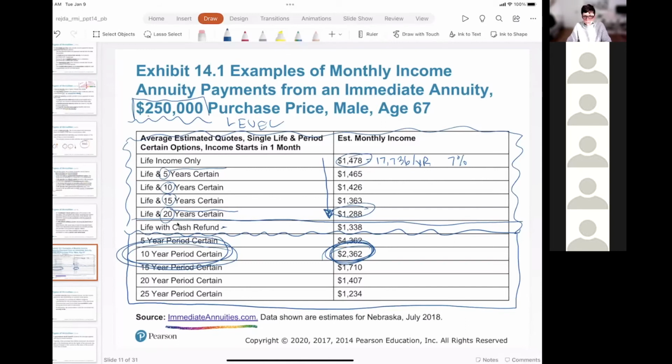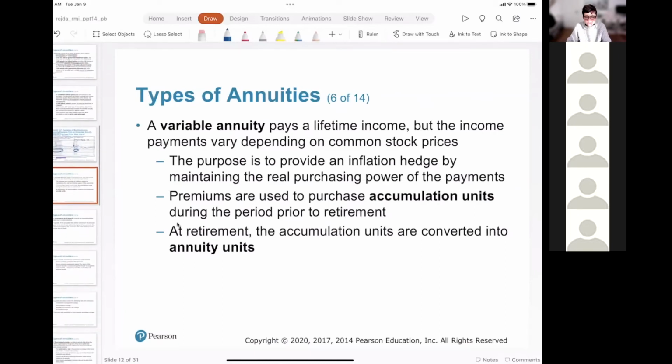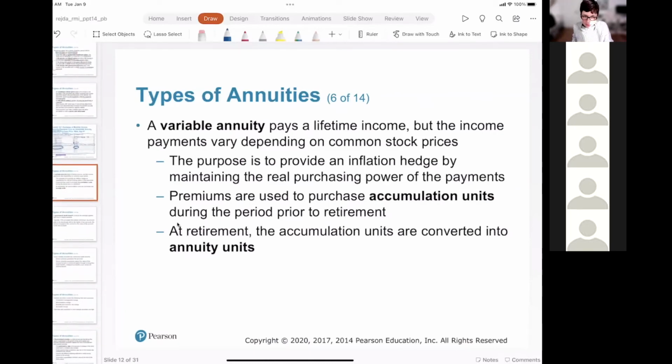All right. So the rest of these slides are all about the other types of annuities, many of which I don't love, but we're going to talk about them. So variable annuities are filled with opportunities to make more than the low rate of interest that you get on the guaranteed annuity side. When I have a client walk in the door with a variable annuity, I groan because